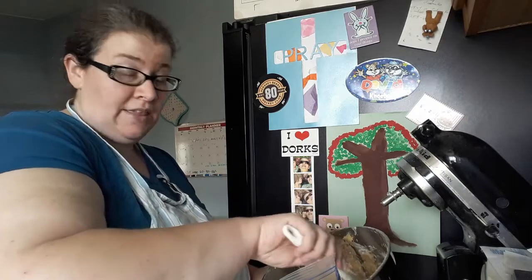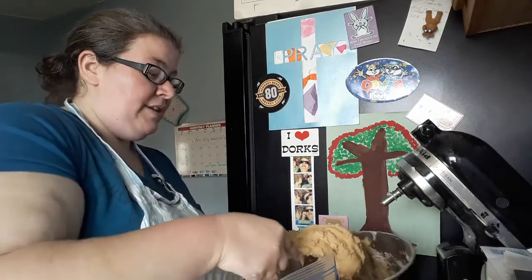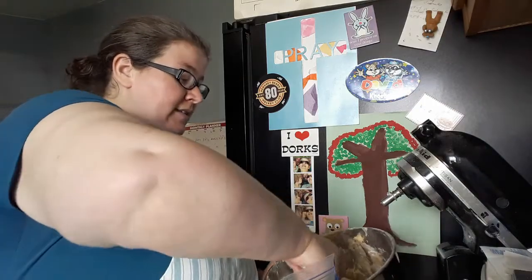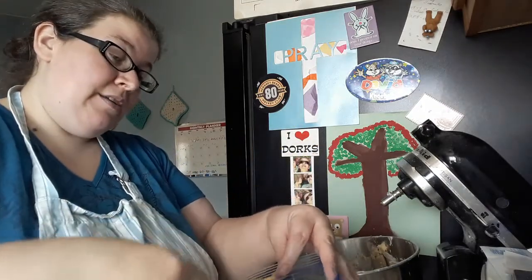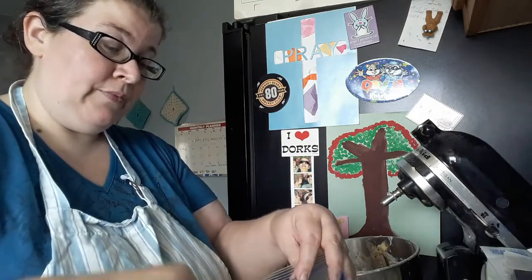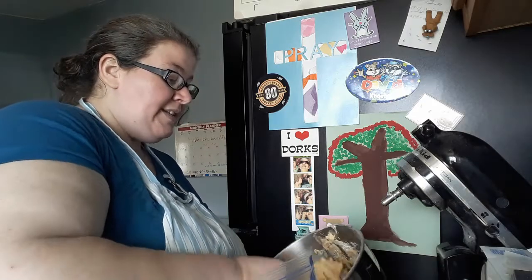I'm not baking anything yet, but step 2 of my cookie baking process is to get all the doughs made, put them in their labeled bags, put a date on them, and freeze them. And then they are all ready to be baked by the time December rolls around. And I wait till December